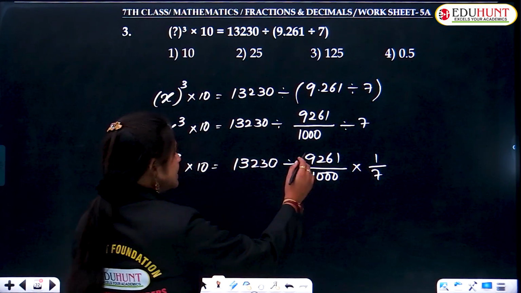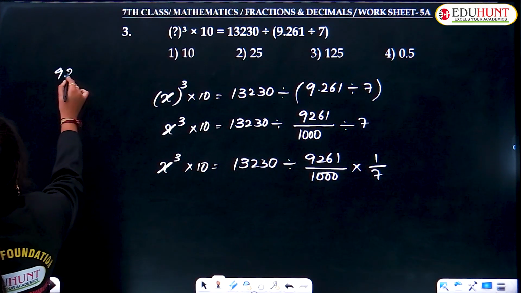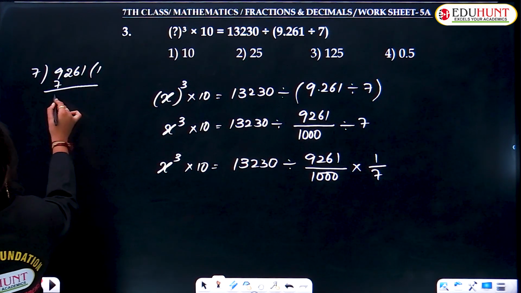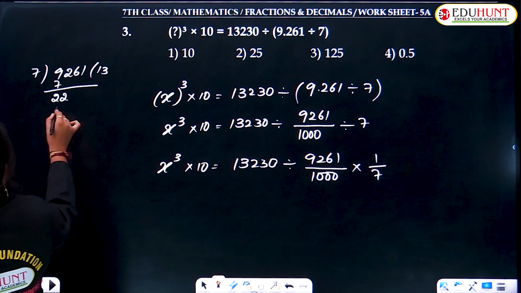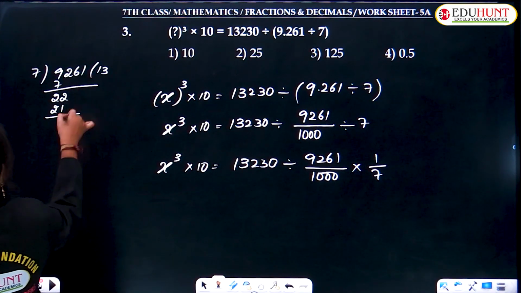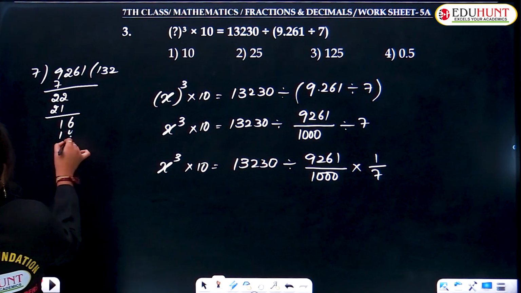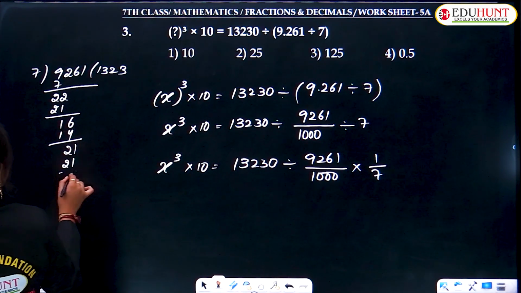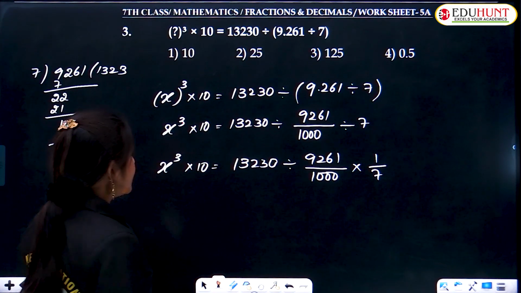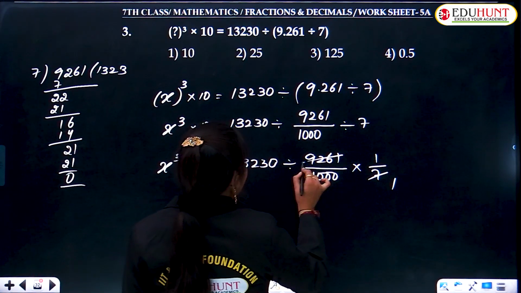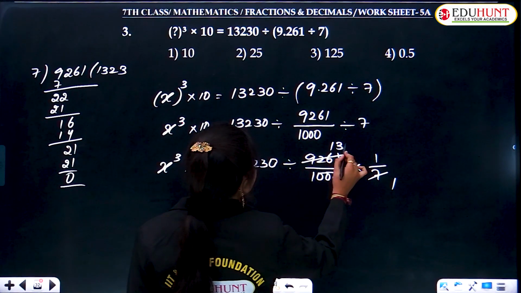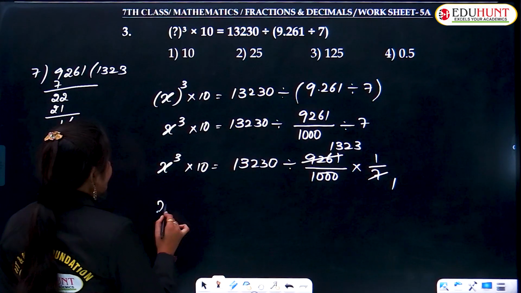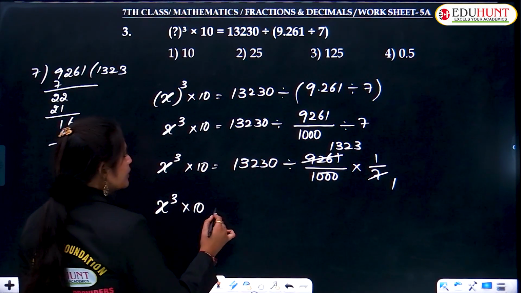Okay. Now cancellations. 9,261 is divisible by 7. 7 ones are 7, 22, 7 threes are 21, 1 and 16, 7 twos are 14, and 2 and 1, 7 threes are 21, 0. Finally, what is that answer? 7 ones, and here is 7, 1323. Okay. Now here x cube into 10 is equal to